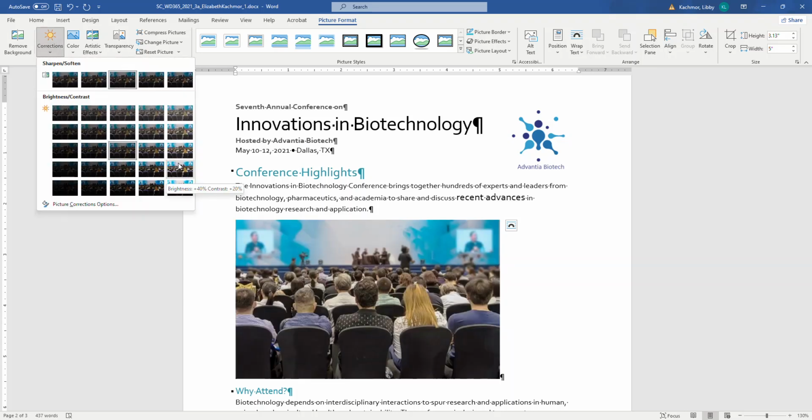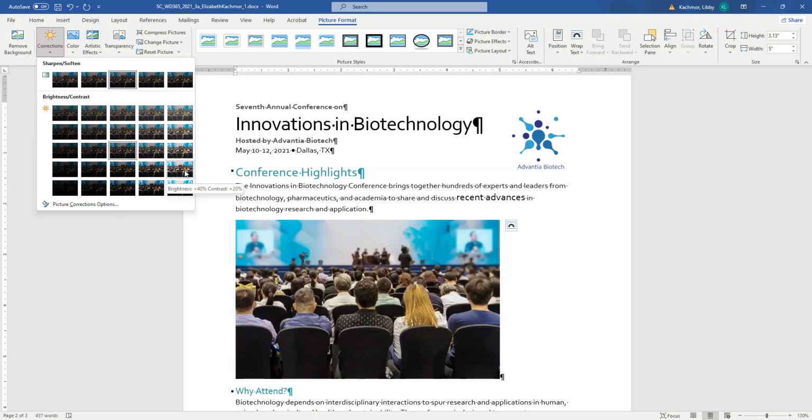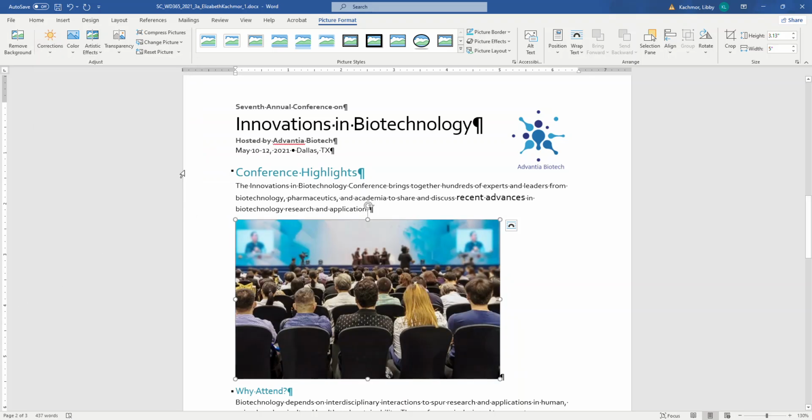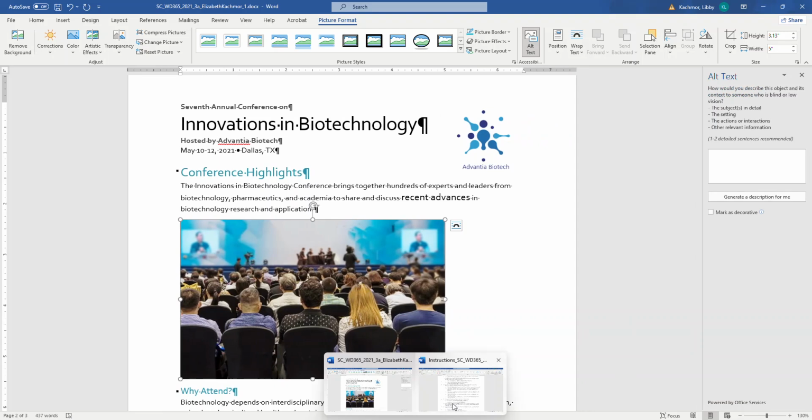I'm going to come over here until I find the +40, +20. You can see the difference with the picture, how bright it's gotten compared to what I started with. So keep that in mind, that you can make corrections to pictures. Now I'm going to add my alternative text. I can actually come back here to my instructions,